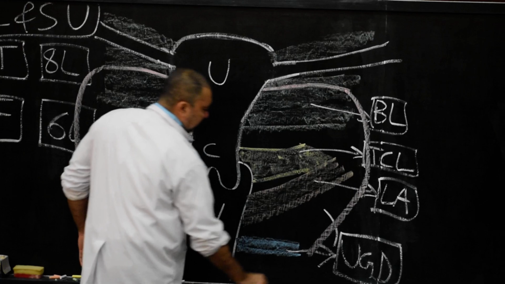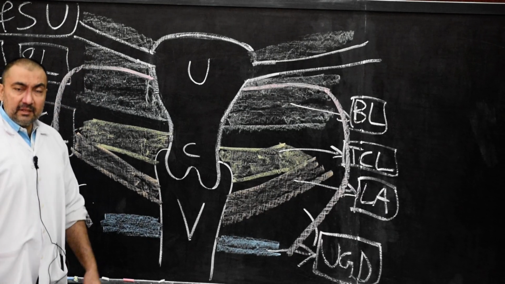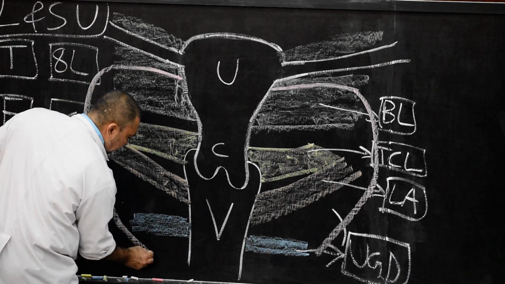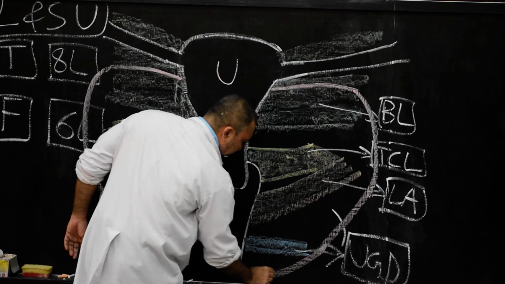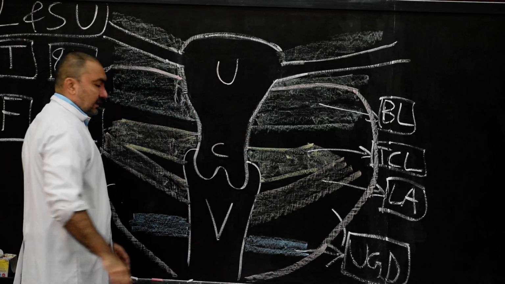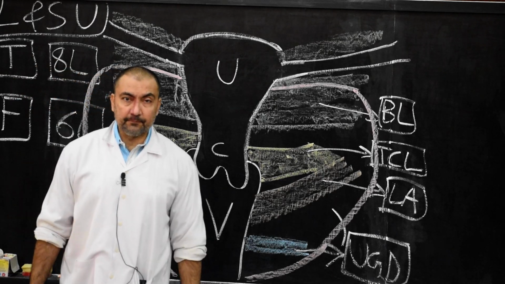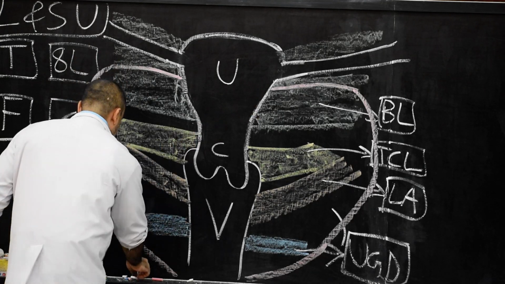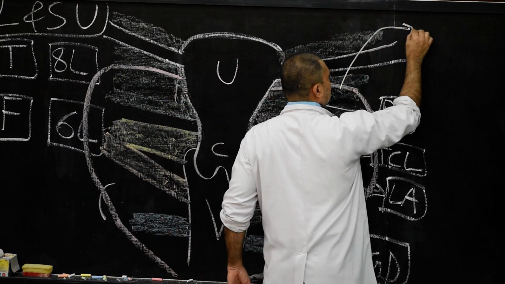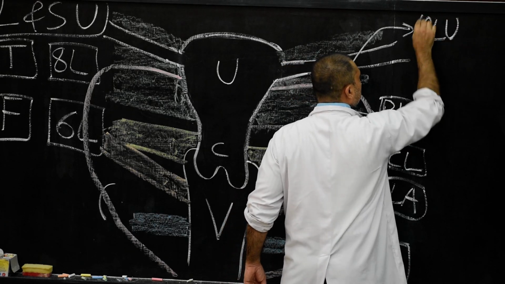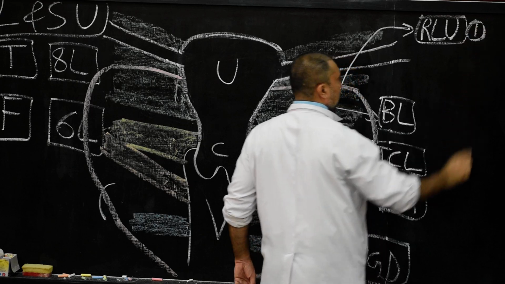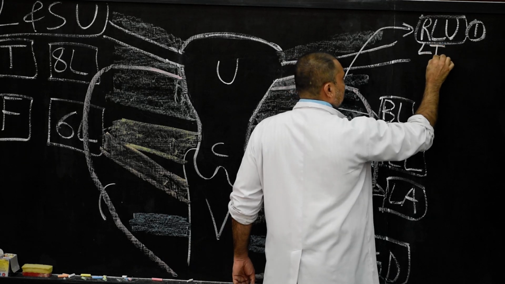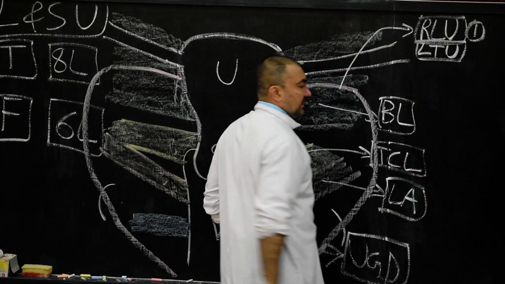Then it will divide into various fibrous bands. After passing out through the inguinal canal, it divides into various fibrous bands, and these fibrous bands will be attached to the labium majus or labia majora. This much you have to write about the round ligament of uterus, the first ligament. So here I am going to mark this and name it as round ligament of uterus, ligament number 1, true ligament. Another name of this round ligament of uterus is the ligamentum teres uteri. Please note down, what is ligamentum teres uteri?